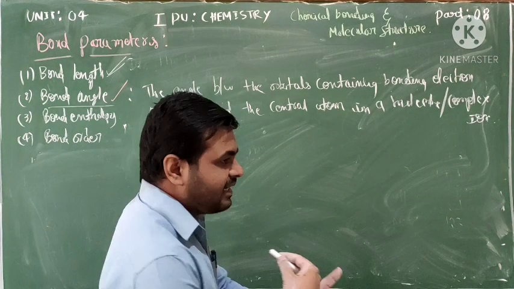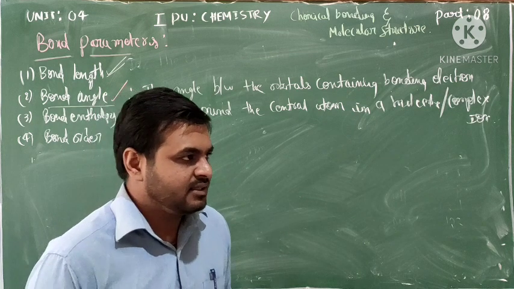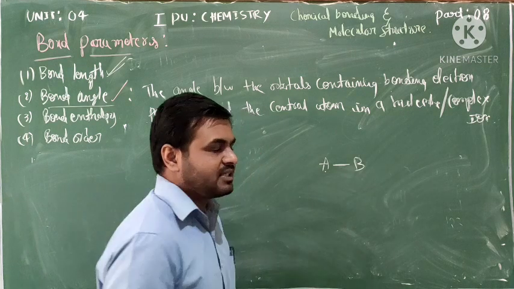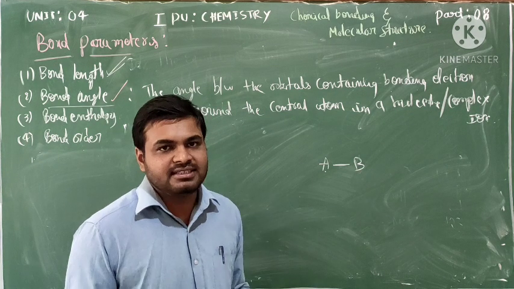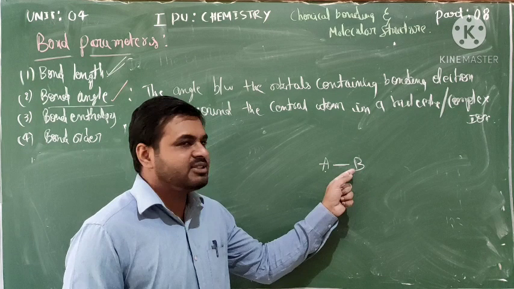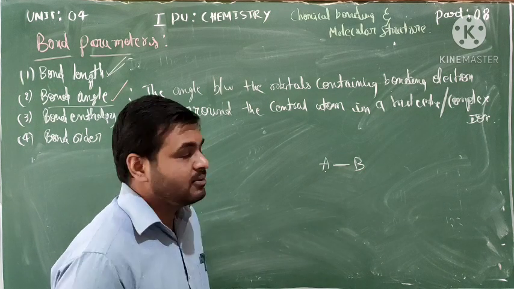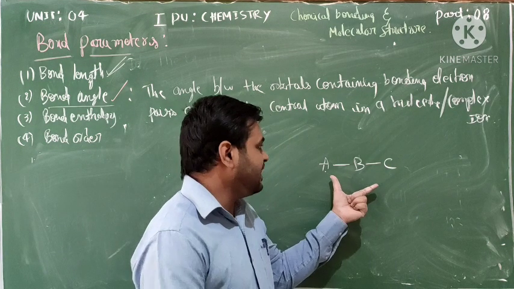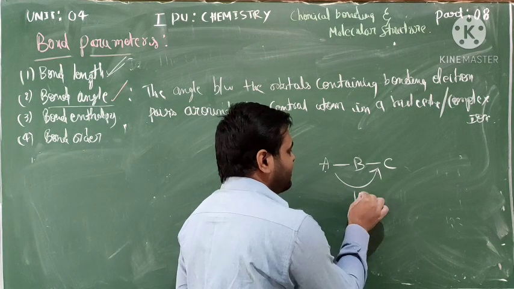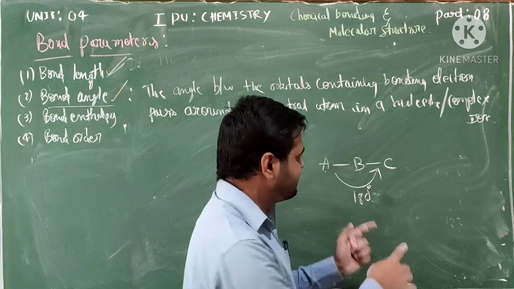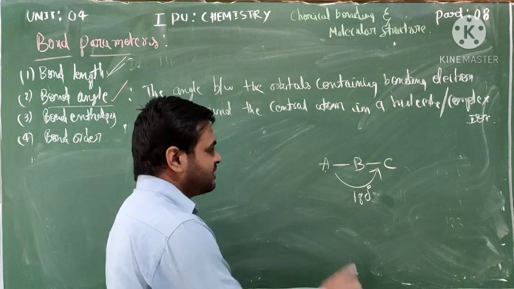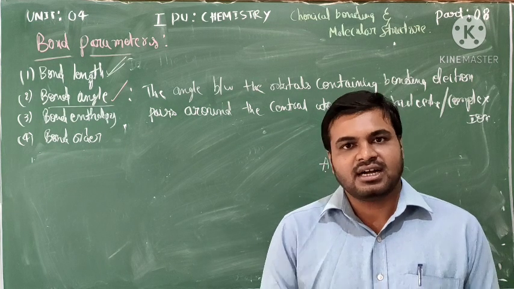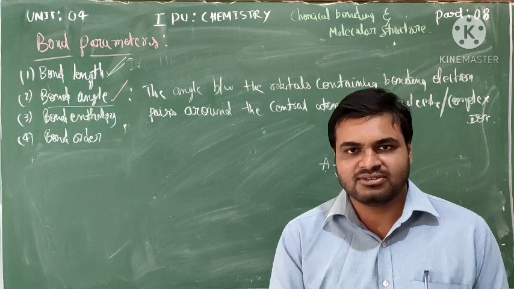Okay, so bond angle. How do you identify bond angles? With simply two atoms, A and B, it is not possible to identify a bond angle. So there is formation of a bond, but not an angle. Bond angles appear when one more atom is present, so three atoms are present. This is called a 180 degree bond angle, and it looks like a linear structure. So a bond angle is formed when three or more atoms are joined.